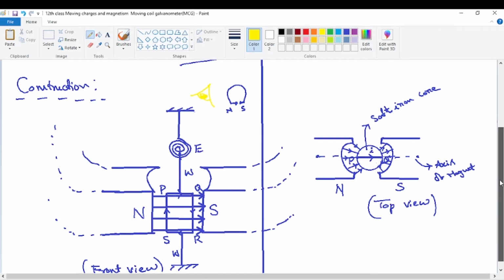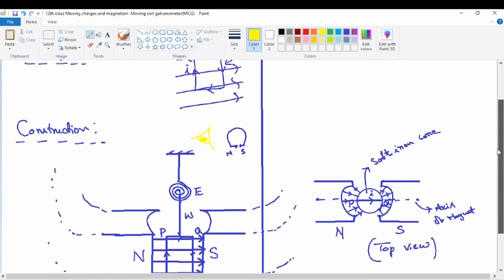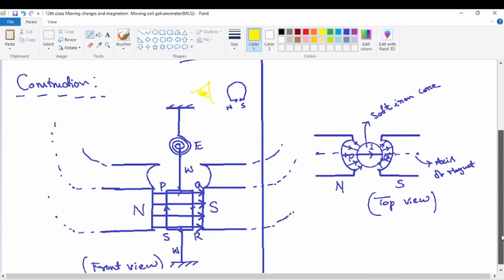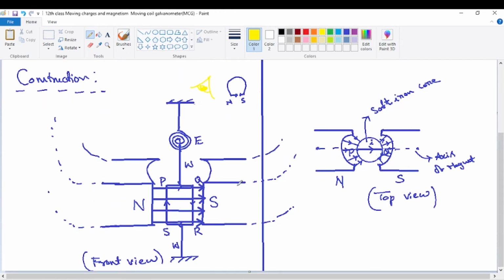And for the board exam, this is a very important answer. Just see the marks, 8 marks and 5 marks. In most boards the maximum marks will be around 8 marks, and some boards carry even 5 marks. This always carries maximum marks because it has so many details, the particular apparatus, the moving coil galvanometer apparatus, device or experiment. Now this is the top view.